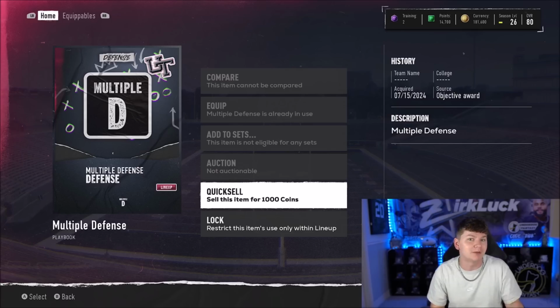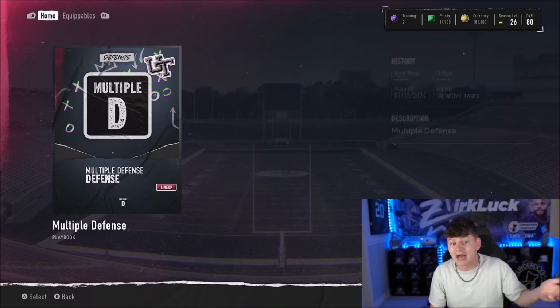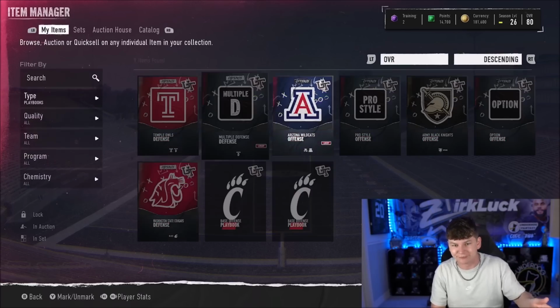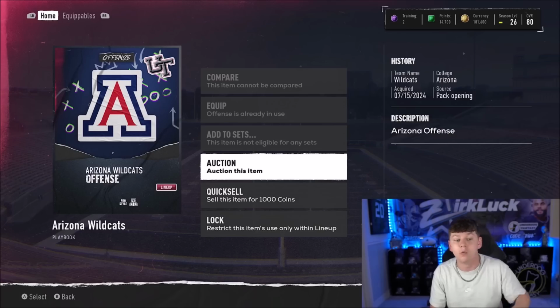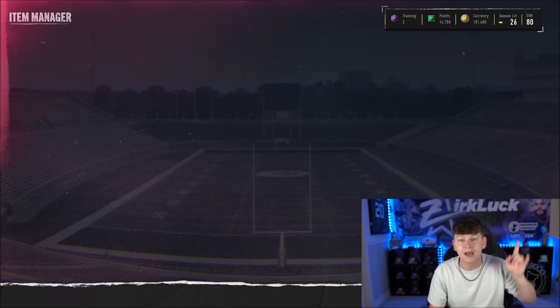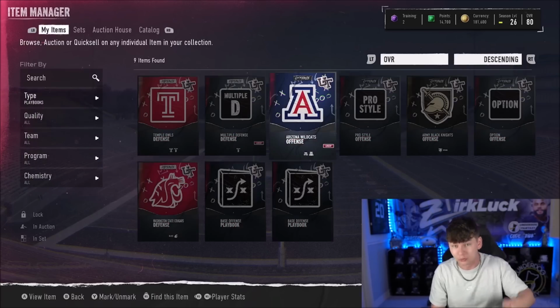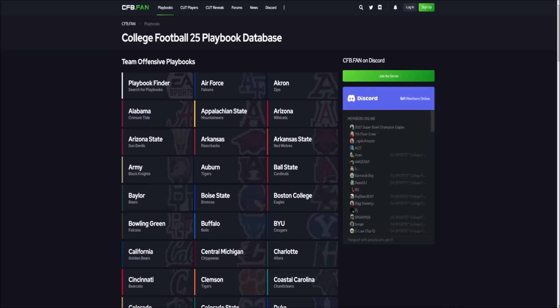Now, how do you know what playbooks you personally want to use and which ones am I using? Well, as you can see, I'm using multiple defense on defense, and I'll show you why. And offensively, I'm actually running the Arizona Wildcats offense. And number one, let me showcase how you can research which ones you want to do. And you can do that very easily by going to